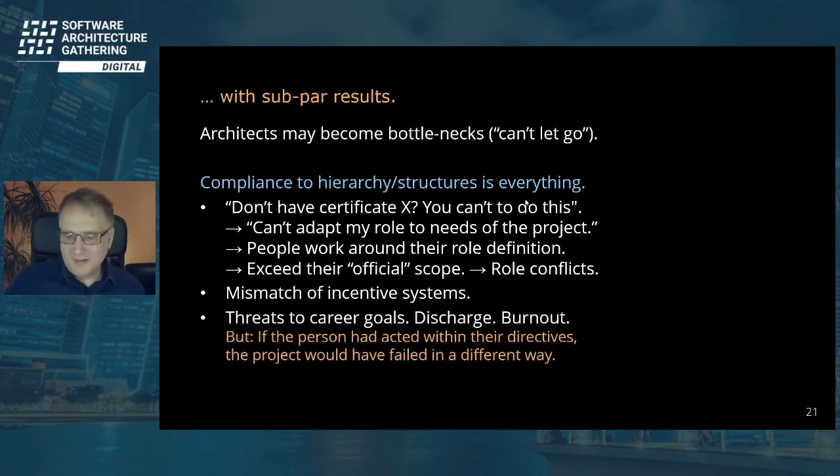And one really, really bad thing that can happen is that this whole hierarchy thinking is a threat to career goals. People get discharged or laid off for doing the wrong things. People get burnout from things. They don't like their job. They have canceled their jobs in their mind. Some people get happy with this. They can be satisfied with their job, but they are completely resigned. So, yeah, it's my job. I do this, and it's okay. But it's not a happy life.